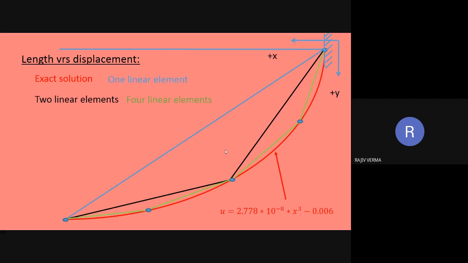Obviously, this maximum error goes on decreasing as the domain is being divided into a higher number of elements. This can be observed very easily when you are working with two elements and when you are working with four elements. The maximum error is reducing. And obviously, you can go on dividing the domain into a higher number of elements till you get the accuracy which you desire for your application.